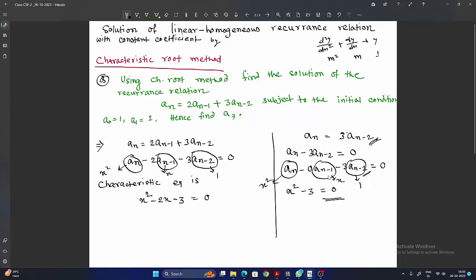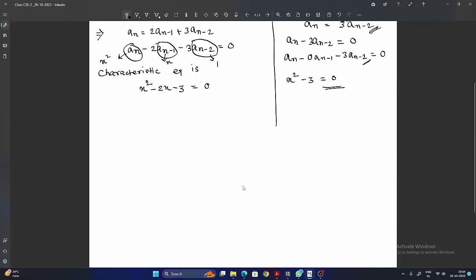Okay, so we will take one or two more problems on that. Before that we will solve this. So it is the characteristic equation. Now just solve it by using middle term factorization. So the terms are (x - 3)(x + 1) = 0. So x = 3 is one characteristic root and x = -1 is another. These are the characteristic roots. Now the solution of the recurrence relation is